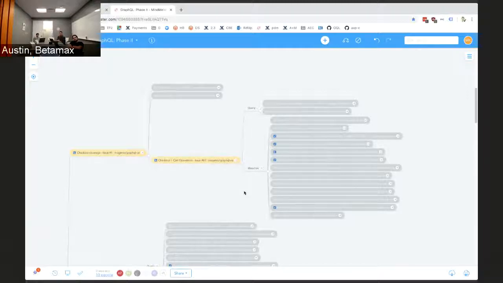But this is really where we want to focus development of the future releases. So the first place that we want to get to is the ability of only using GraphQL operations to complete checkout end to end, right? And there's certain big pieces missing in order for us to be able to do that. So this is where we'd like to focus. And what we've done